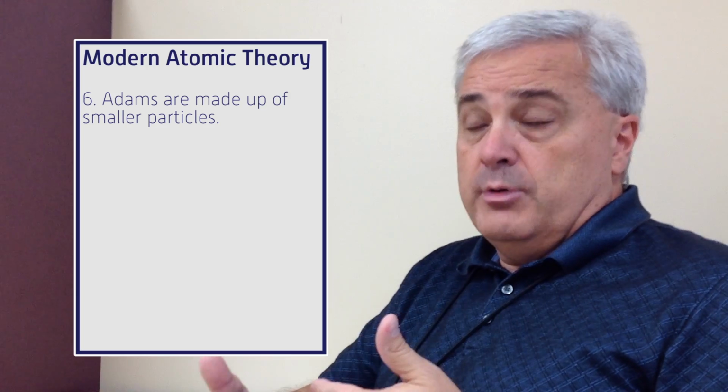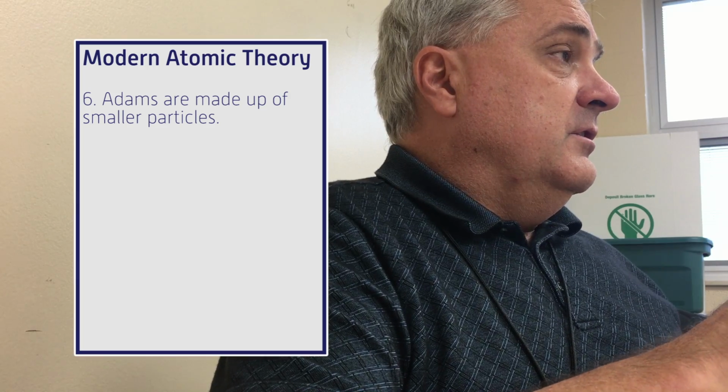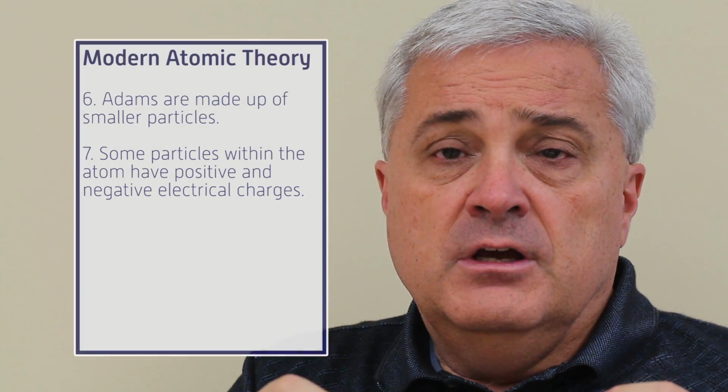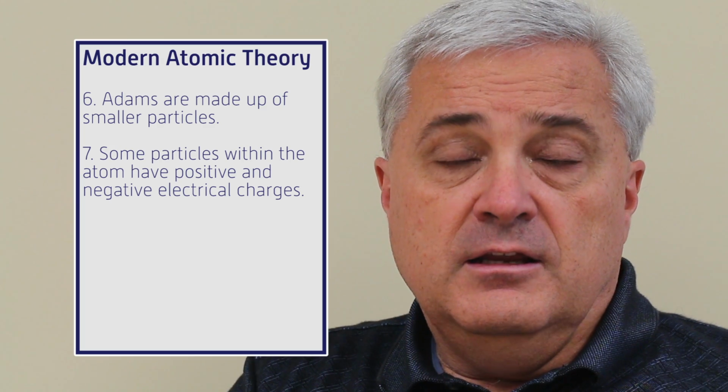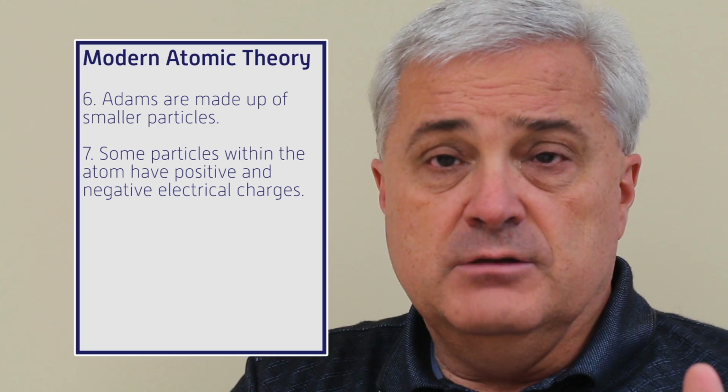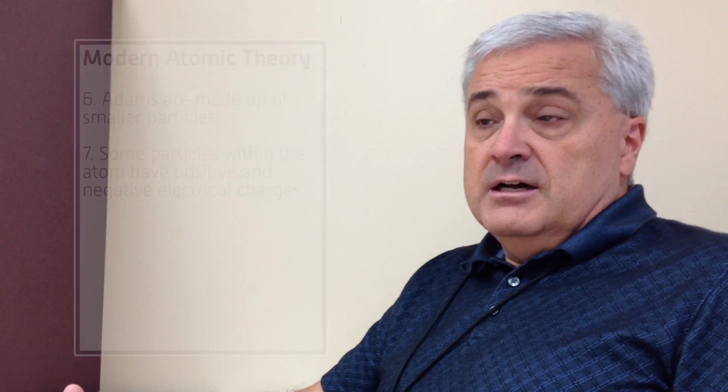After Dalton, the next scientist to come along who contributed to our current theory was Thomson, and Thomson was the first to identify that atoms themselves are made of smaller particles. He discovered that there were charges involved, and he did some work with gases, and so he was able to determine that the atom itself is made of smaller particles and identify the positive and negative charge within the atom. The next guy along who added to that was Rutherford.